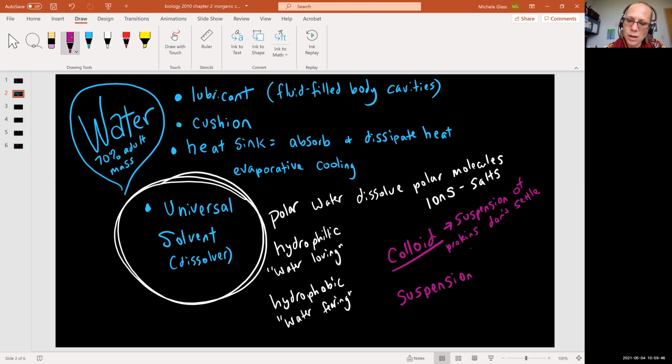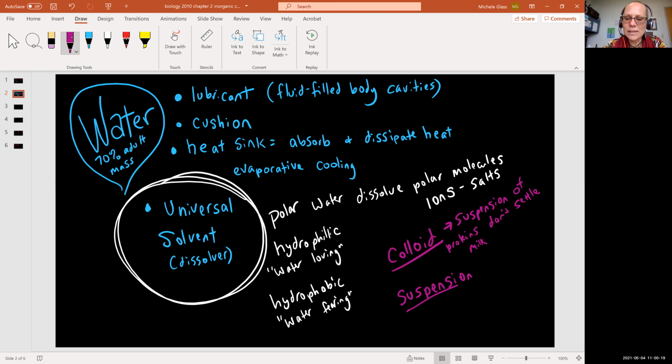Milk is a great example of a colloid. So you can't see through milk. It's not transparent, right? And what's going on with the milk is you have a lot of proteins and a lot of fats that are suspended in that milk. And that milk can sit in your refrigerator for a week and it's going to have that same coloration. Those proteins and those fats will continue to be suspended in that milk for the whole week, right?